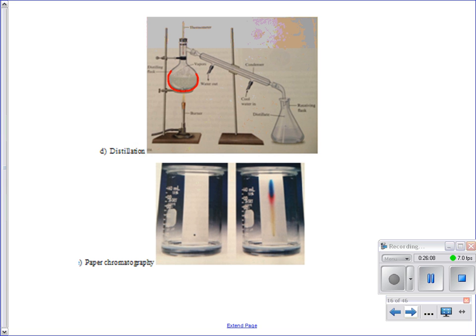This is a Florence flask because it's got a round bottom, which is on the ring stand under a Bunsen burner, okay? And that flask, it had been pre-weighed, so I knew the weight of the flask. Then I put in meat. I could put in however much, as long as I knew how much I put in there. I put in about a gram of meat, okay? So I knew the weight of the flask, and I knew the weight of the flask after I put the meat in, and I could figure out how much meat exactly was in that flask. Start the heating process. Well, let me go back. I'm going to take a step back.